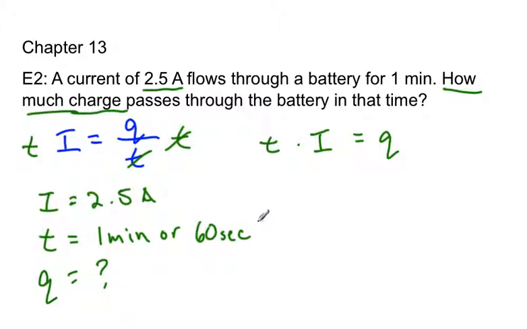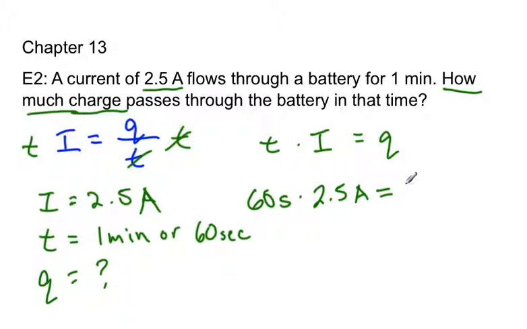Well, use seconds whenever you're dealing with amps and time in general with physics. Use seconds. That way you actually get the charge, because an ampere deals with seconds, not with minutes. That's the short answer. Okay, so we're going to take 60 seconds times 2.5 amps, and that will